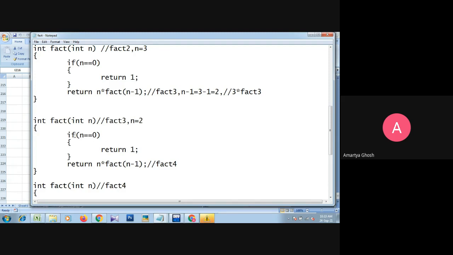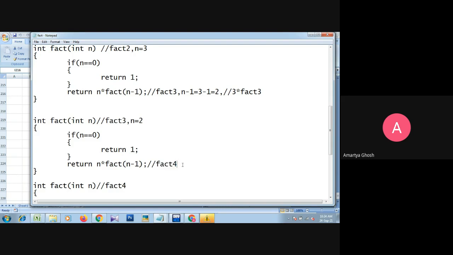Now again, if n equals 0, this is not satisfied again. So again the control jumps, and this line will be executed. Before returning from the fact3 function, it should calculate this first. In this section we again call the function fact, but this time we consider the name fact4.